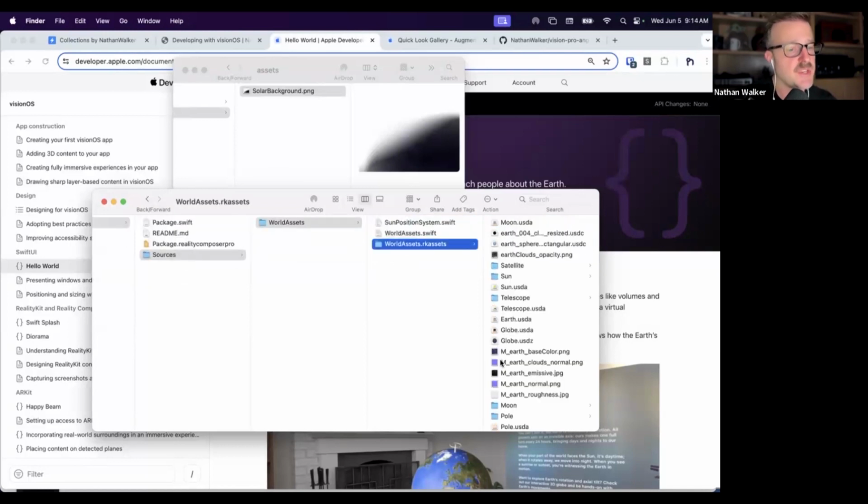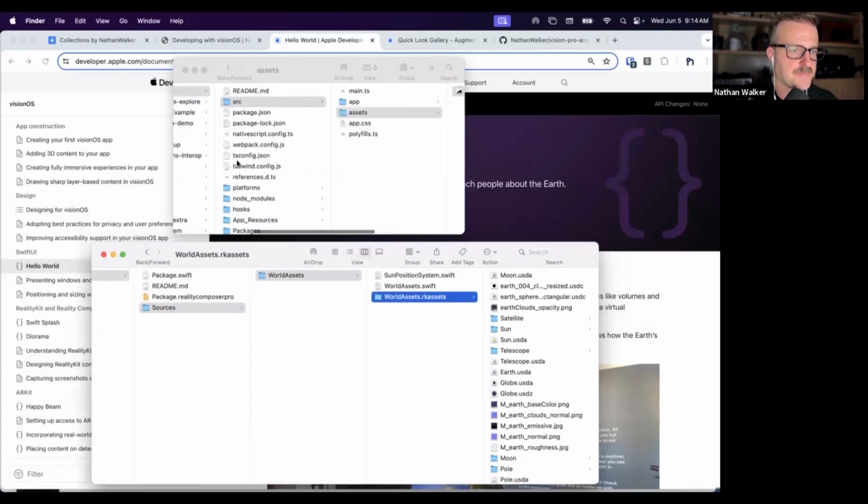contents, which is a lot of 3D assets, and they're pretty big. I think the entire size of this is maybe 140 megs. So it's something you wouldn't necessarily want to push to maybe your GitHub repo, perhaps, but maybe keep it as a separate repo that developers would pull down if you were going to use some sort of Reality Composer Pro include. You'll see in here USDA files, and the USDA files are